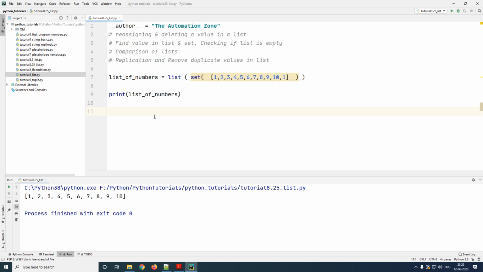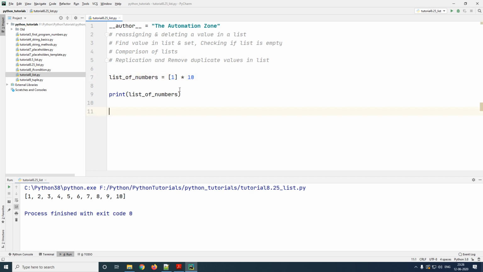The last topic for today is how to replicate a value inside of a list. Now, for example, if I had to create a list of numbers, but I had to repeat the same number 10 times. Now, in order to do something like this and print it out, an easier way would be to have a list with only one value and you multiply that list with a number.